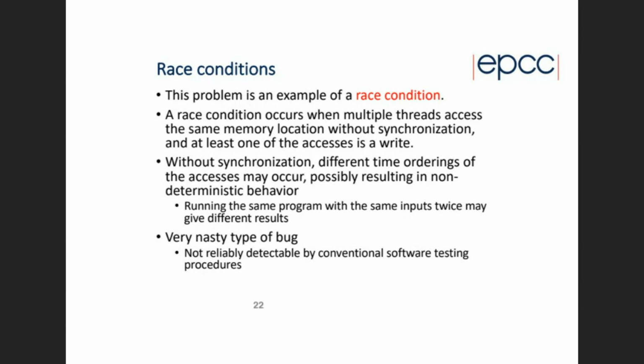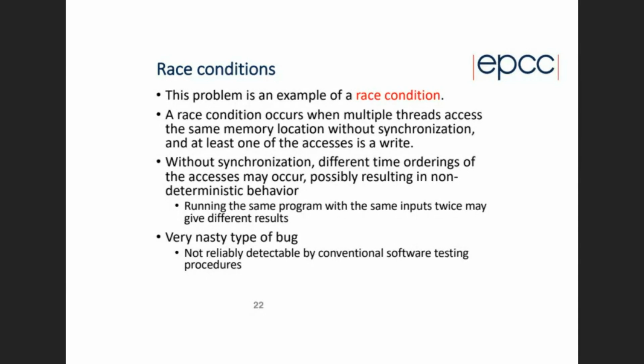But if at least one of the threads is writing and there's no synchronization, then this is what's called a race condition. If we don't have any synchronization, then different time orderings of those accesses may occur,